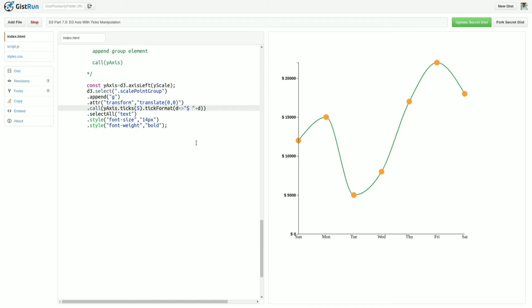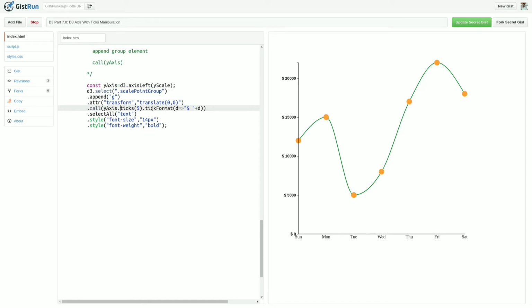This way you can add any format to your tick. You can also apply the numeral format that is available. So this is how you can apply the format to your tick. Using ticks you can control the number of ticks that you want, and using tickFormat you can provide the format of the tick.